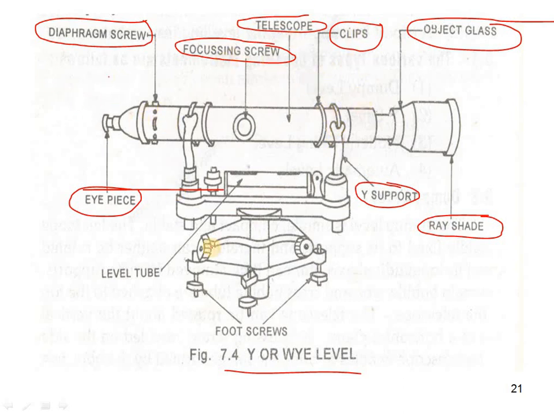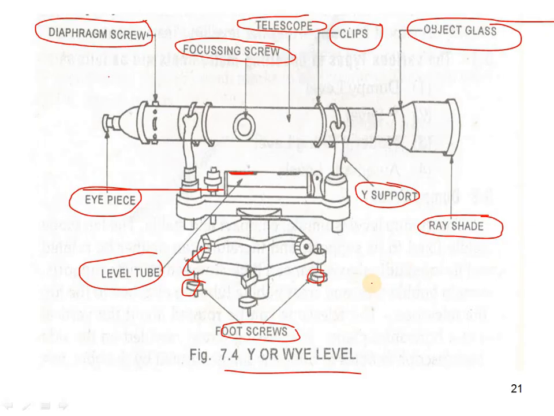And another one is the level tube. The level tube is nothing but this one. The black colored part which is there is called the bubble tube. It will be moving up and down. And now this one is called the foot screws. For every instrument we will have the foot screws compulsorily. Based on these foot screws only, the bubble tube will be moving. So when the bubble tube comes to the center, that is the exact position of the instrument.